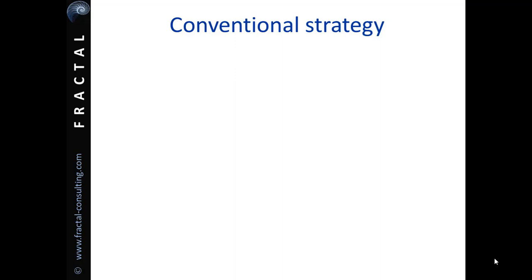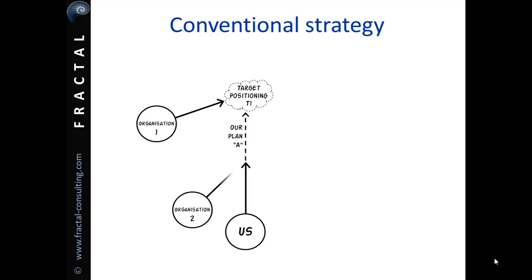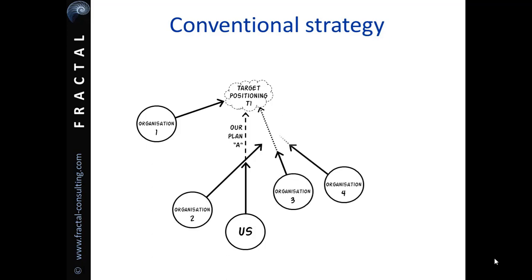Whatever the conventional strategy approach, there's a dominant narrative which sees strategy as a journey. This is where we are, this is where we need to be, and this is the route from here to there. But in practice, it's not really like that. There are multiple interdependent actors operating in your environment, each with their own will, and their conscious or unconscious actions may get in your way, or perhaps be helpful.